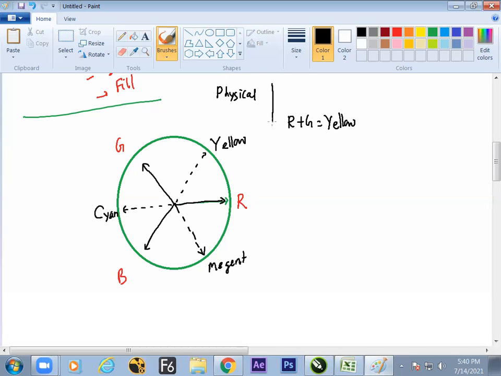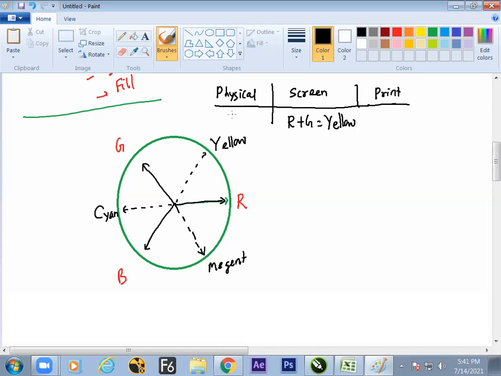Physical means taking a canvas and painting with watercolor. This is screen color. And another is called print color. Printing happens with a different color theory. That is CMYK mode. And physical color theory works with a different color mode.